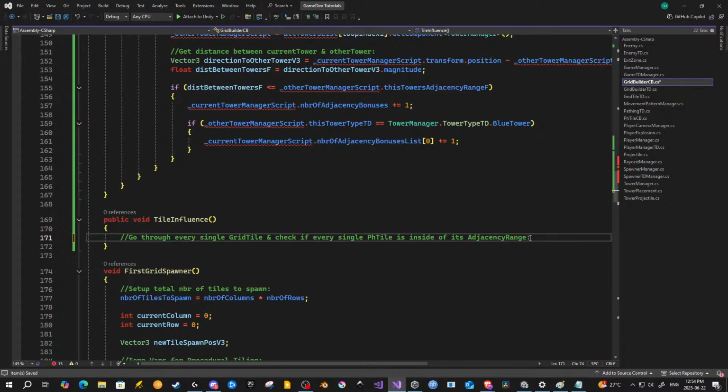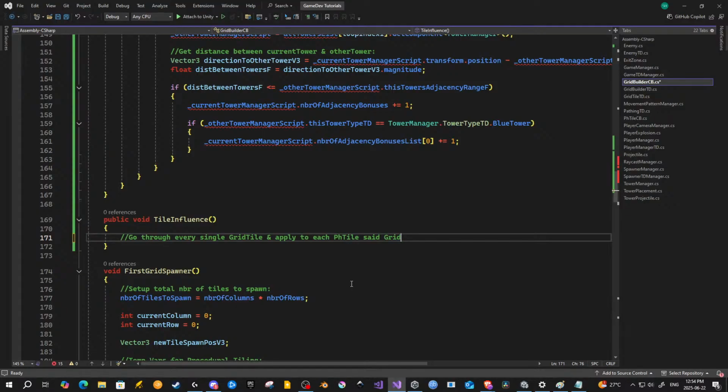So go through every single grid tile and placeholder tile and apply to each placeholder tile